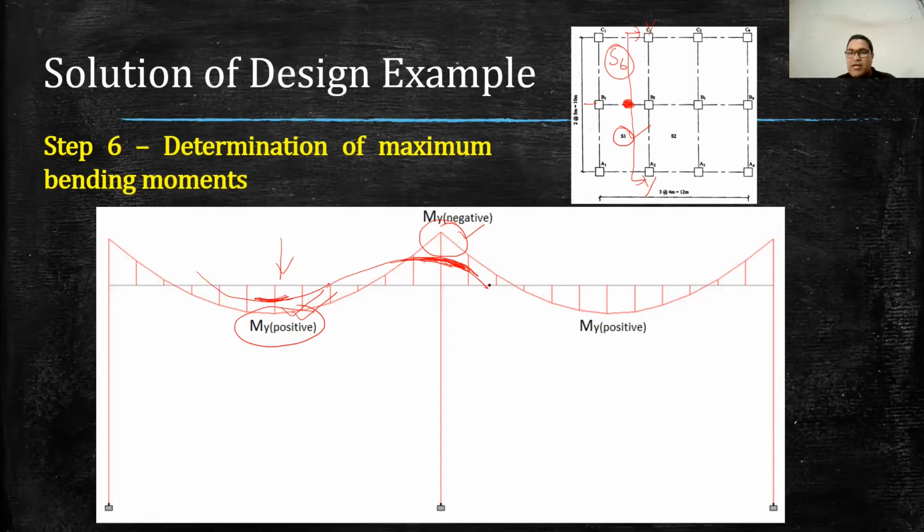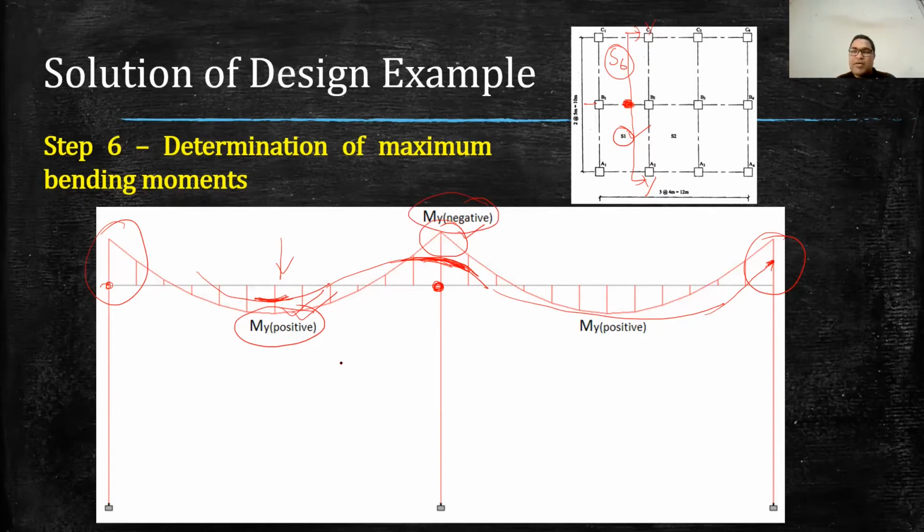Similarly, here also the slab will bend like this, and again it may try to lift up. So there will be some moment. These are considered as partially fixed, and therefore the reinforcement which we will be providing as alternate bent up will take care of this partial fixity, and this joint will be considered as a fixed joint. Therefore this will have the full bending moment, which will be considered as My negative.